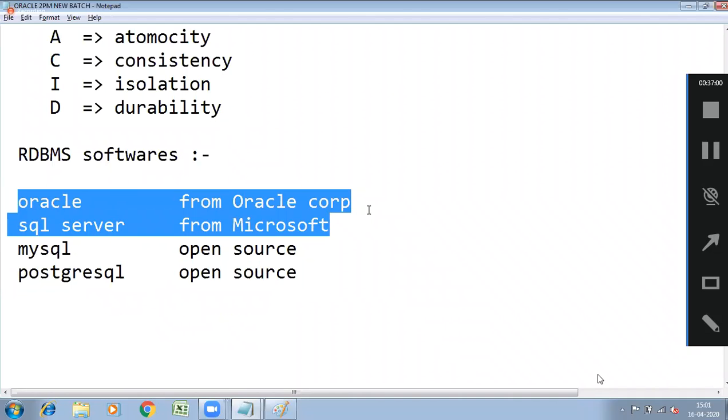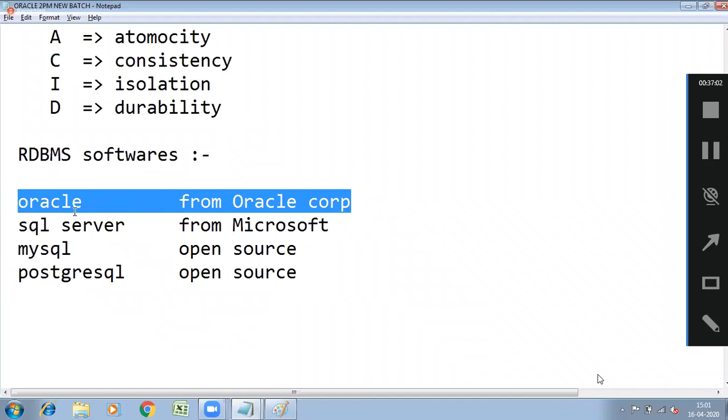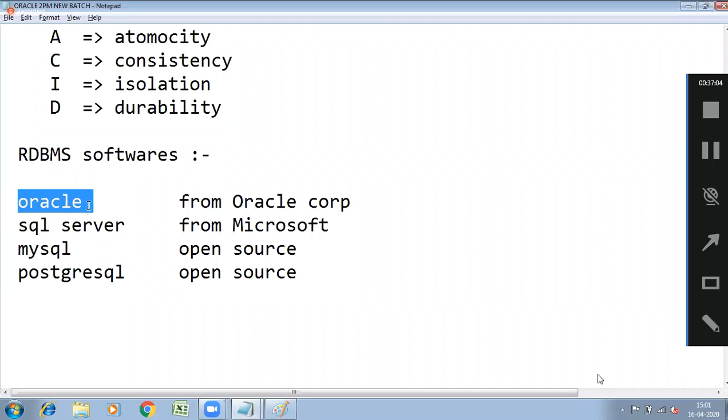In the next Java project the database is not Oracle but MySQL. You can work with MySQL also, because once you know Oracle, you can work with any database.